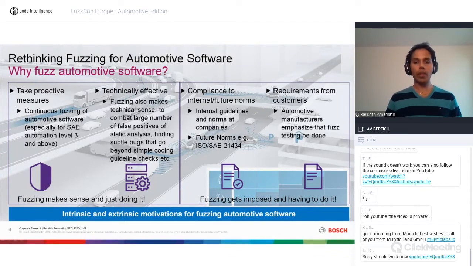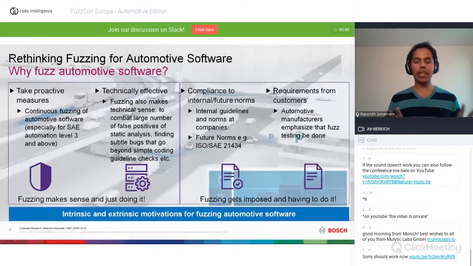So where we stand now in automotive is that we have a mix of both intrinsic as well as extrinsic motivations. So when it comes to protocol fuzzing, there is already a high awareness, and also requirements from multiple fronts. So to speak, there are extrinsic motivations for doing these kind of things, and even industry-grade tools. Whereas when we have to fuzz the API or the application behind the protocol, the motivation is at the moment more or less intrinsic. And here there are excellent and notable scientific community work and open source tools, and a lot of startups who are also engaged in this arena.